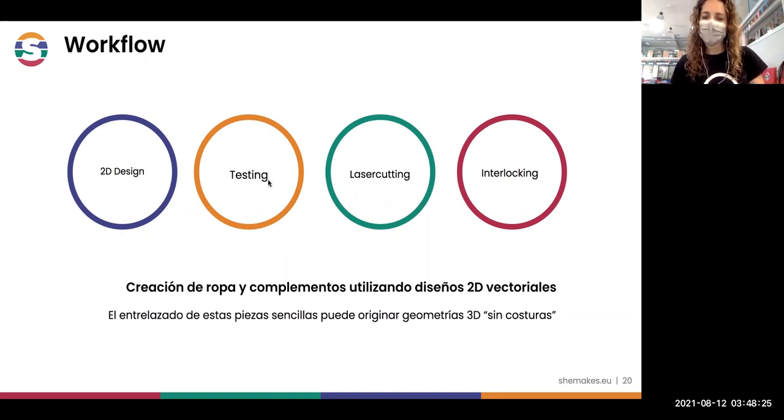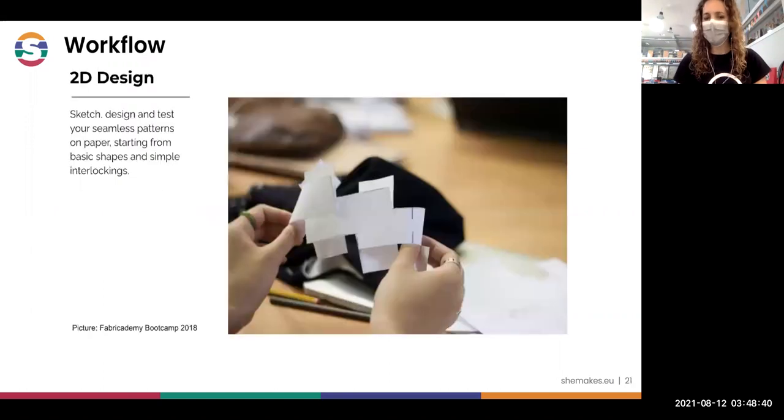Then you will test it, and after that, when you are sure that it's okay, you can laser cut, and after that you can laser cut different colors, a lot of pieces, and then you will interlock to make your garment. So this is the first step.